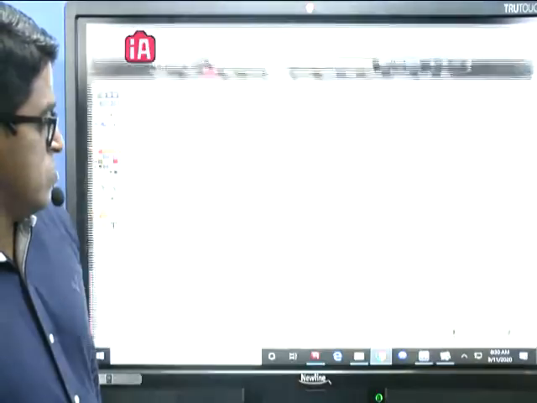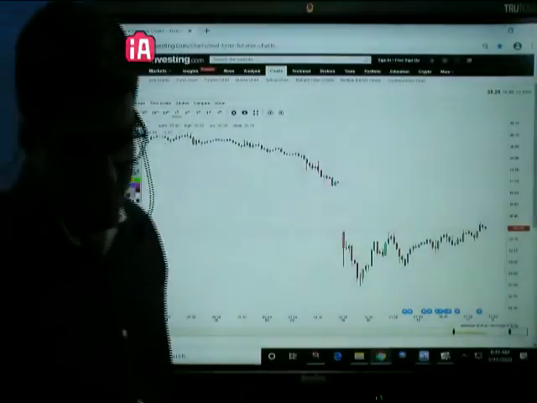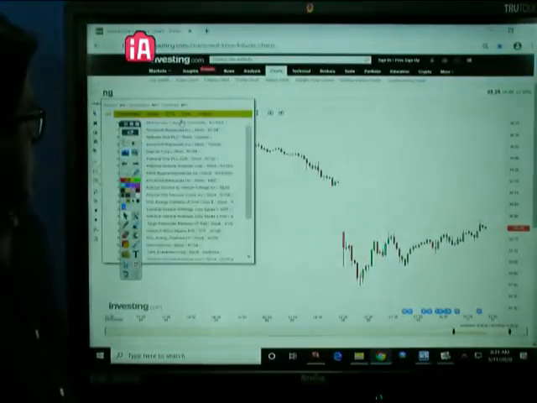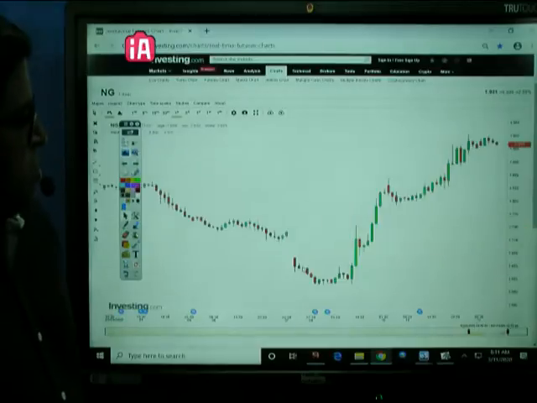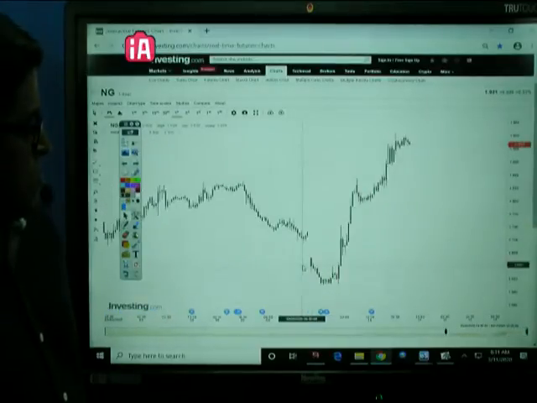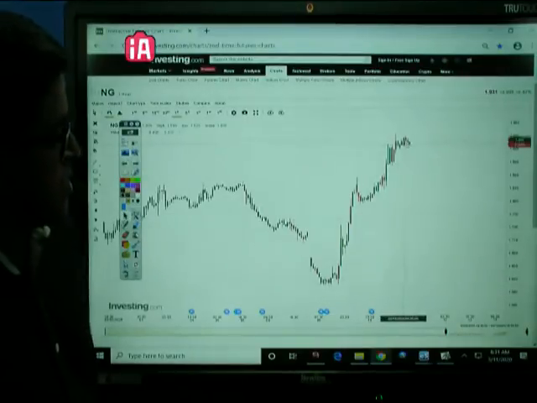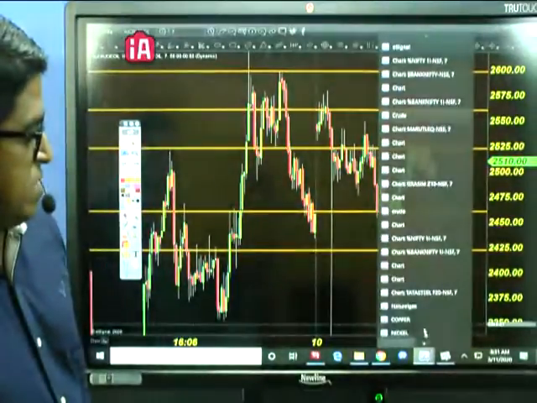So now let's go to natural gas. Yes, natural gas is quite surprising. So natural gas, we have something in natural gas. The one commodity which showed some reversal is natural gas. You could see the NYMEX price, it was breaking, it went up and now it's trading somewhere near the high. So let's go and see the natural gas chart.